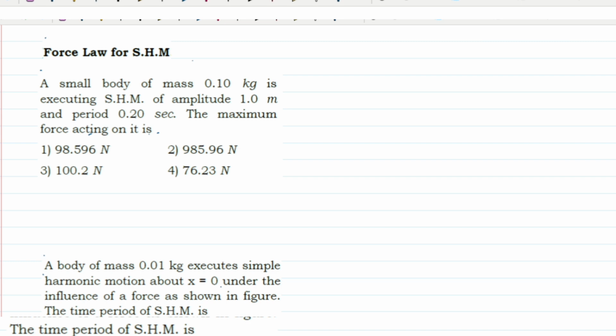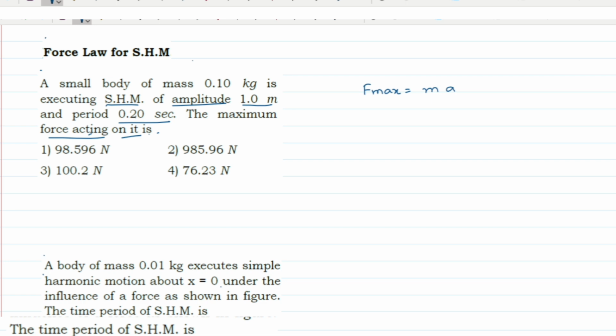A small body of mass 0.1 kg is executing SHM with an amplitude of 1 meter and a period of 0.2 seconds. The maximum force acting on it is asked. So the maximum force formula will be,